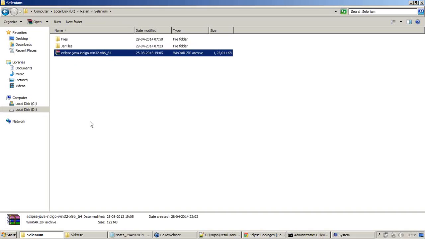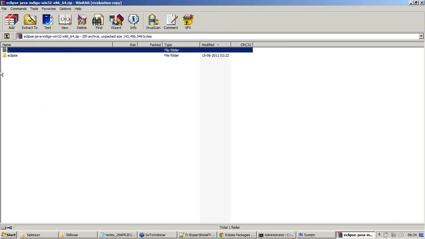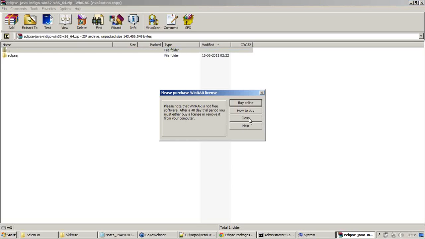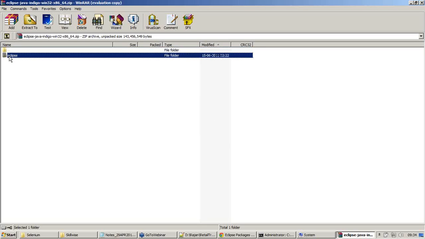This is the zip archive I got. I downloaded a 64-bit version because I'm using a 64-bit system, and it is compatible with 32-bit also. Now once you receive this archive, you have to extract it. There will be only one folder inside it called Eclipse.